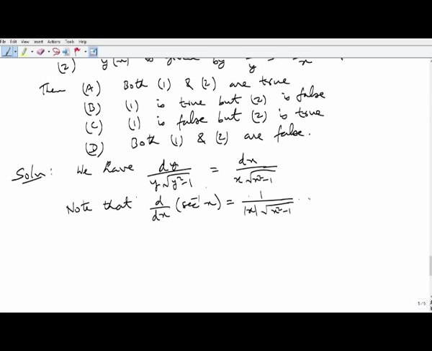Now, here we have dx by x times square root of x square minus 1. So, if x is positive, then of course, the integral will be secant inverse x, but if x is negative, then we can just multiply the equation by negative 1 and we will still get the same. So, we do not have to worry about that, and by integrating